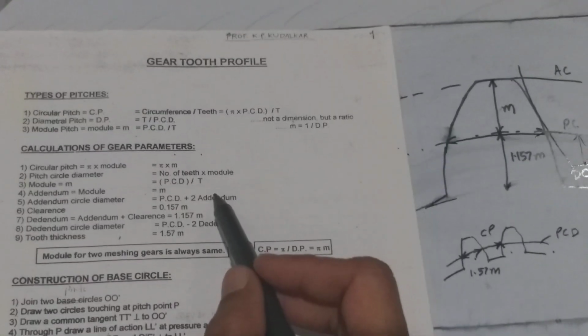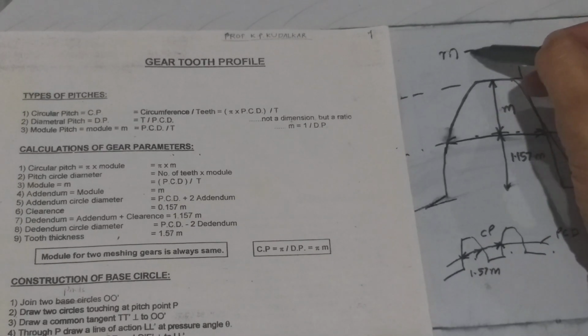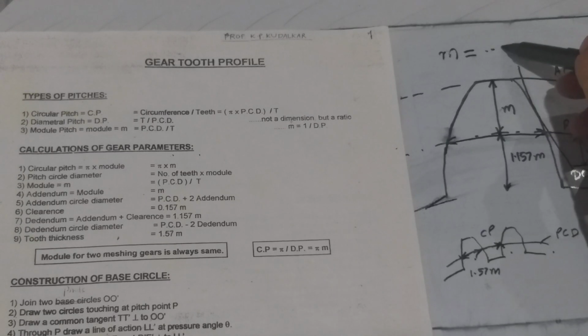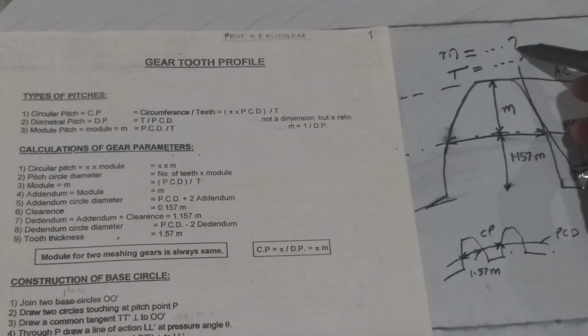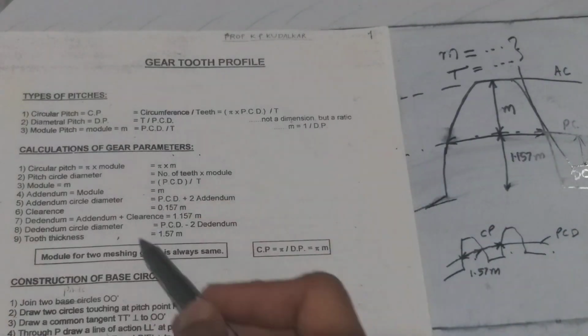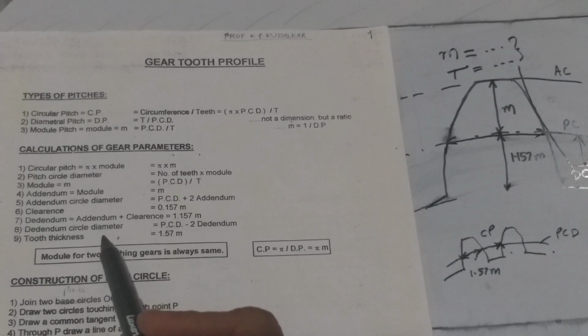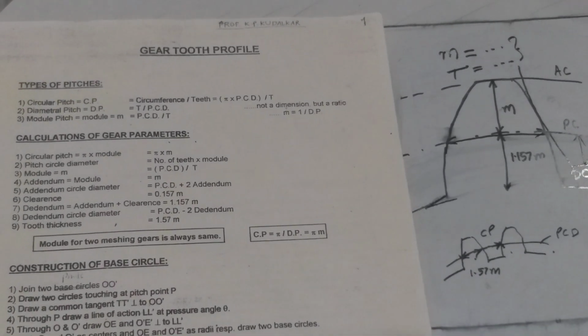Once the data is given to you, you will be given m. That means for an exercise, you are asked to draw the gear tooth profile where the module is so and so, and the number of teeth of the gear are so and so. When these two things are given, then you can work out all the different parameters which are shown here. So assuming that you do all this, the next thing is how to draw this particular profile. For drawing the profile, if you see the next page, this is the procedure that is given.